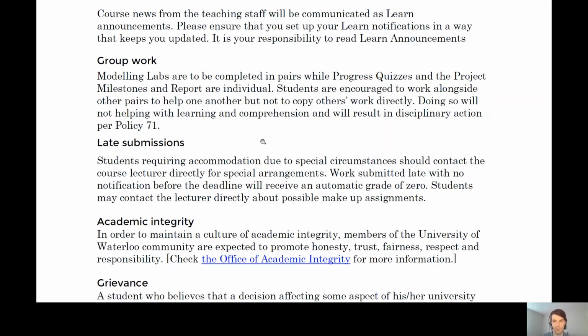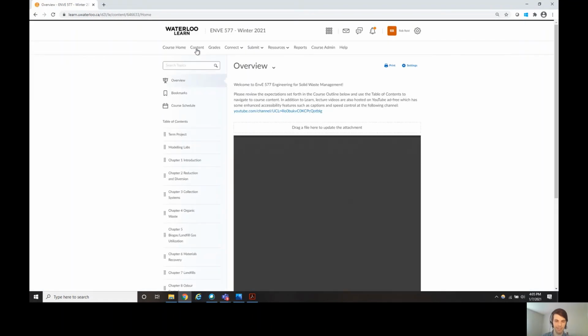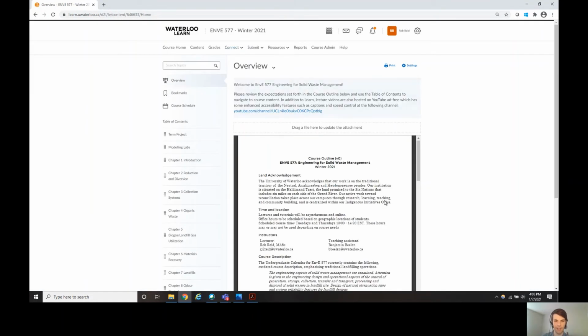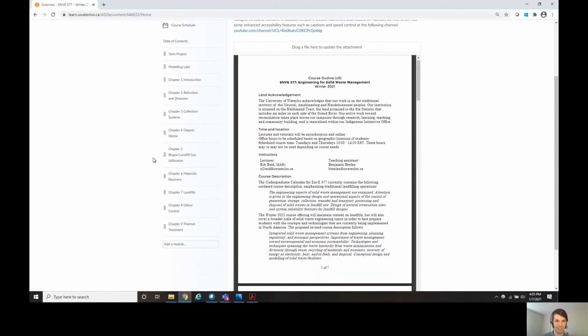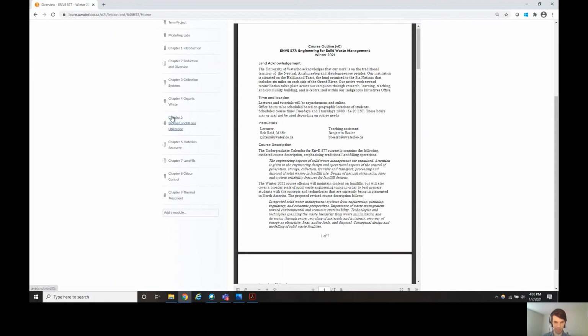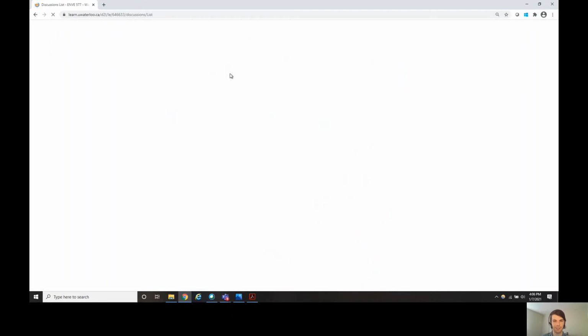I'm going to jump over to the forum now just to show you how things are set up on there. So here's our home screen for the course right now. If you go over into content, you'll see in the overview here, I've got the course outline that we just scrolled through, and then in the table of contents navigation, there's all the chapters where you'll be able to find the slides and the videos for each week. For the forums, if you go into this Connect discussions,